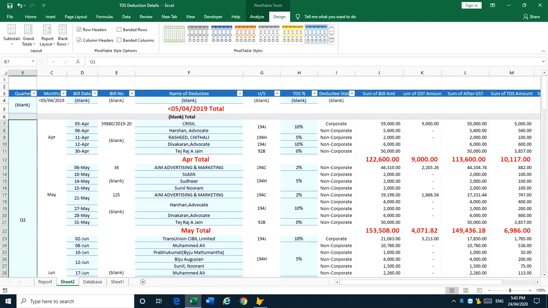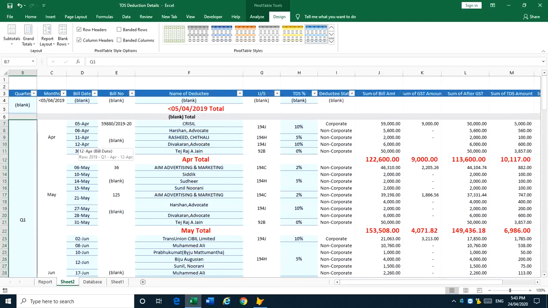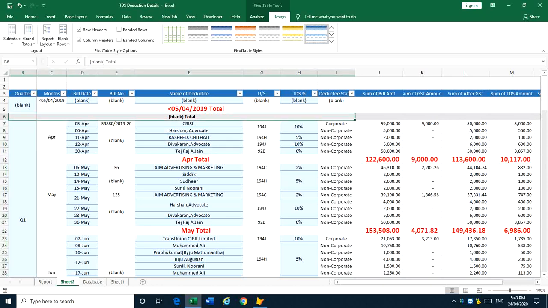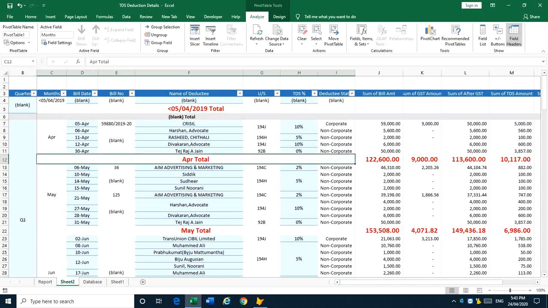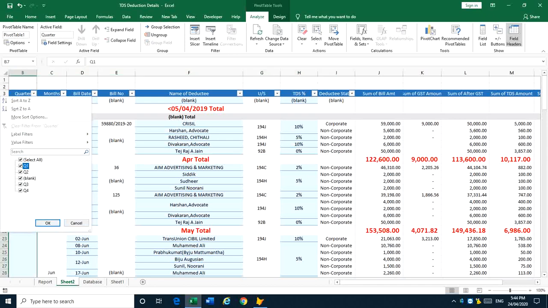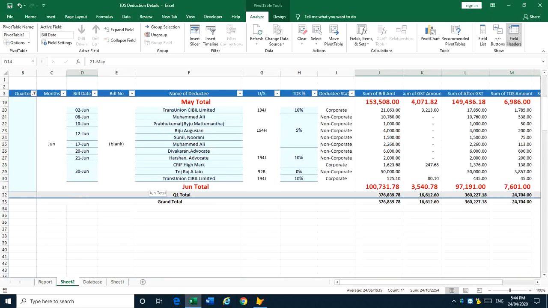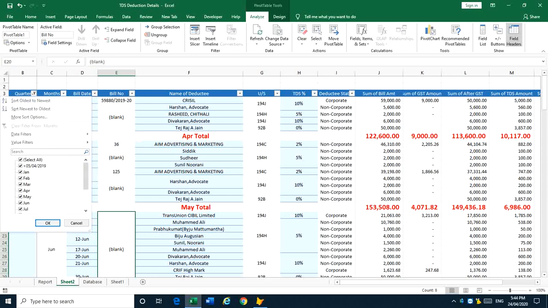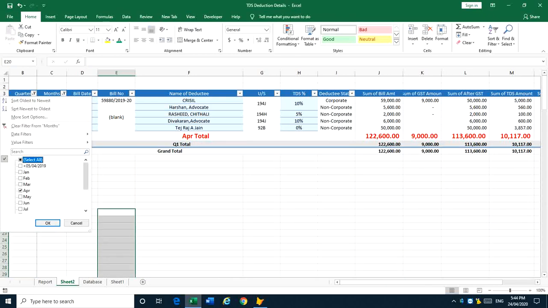After finalizing the table, we have to include some useful techniques, because from here we have to select Q1. Now only Q1 is selected. We have to select only April. April is selected. Instead of this filter, we can use slicers.